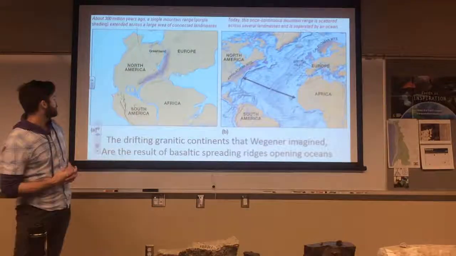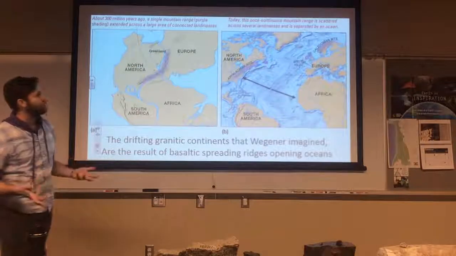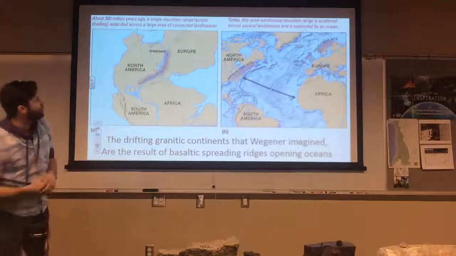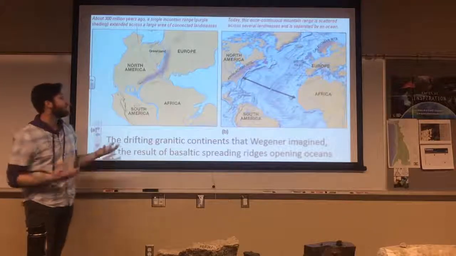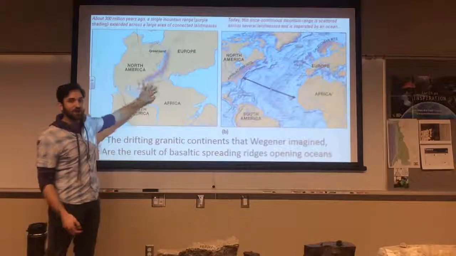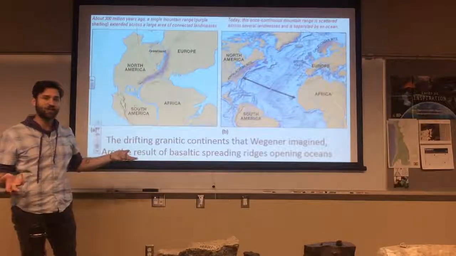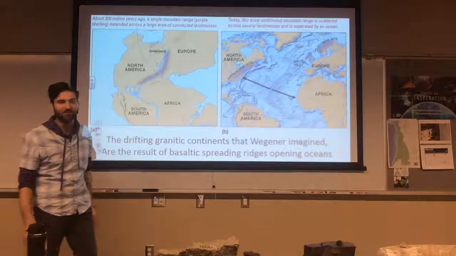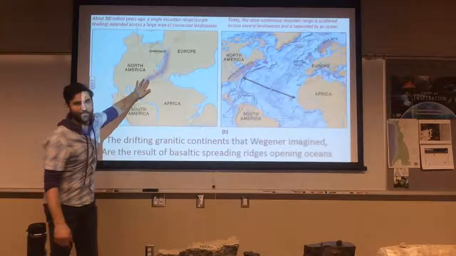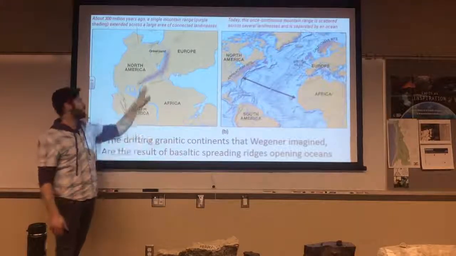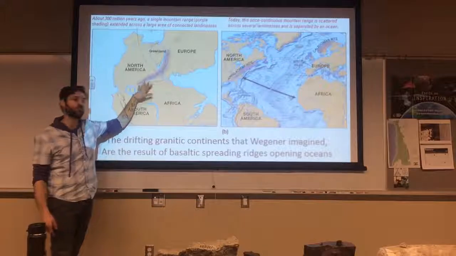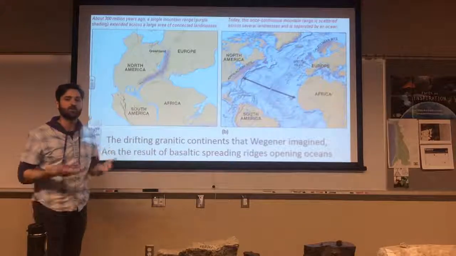Okay, one of my personal favorite pieces of Alfred Wegener's evidence was he looked at rocks on either side of these proposed continents. I mean, why wouldn't you look at rocks, right? And if they were connected then, you would imagine that they would share a distribution of rocks that are similar. And Wegener was able to find that.